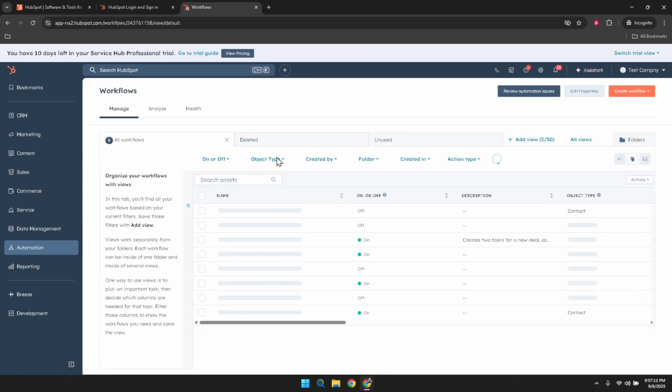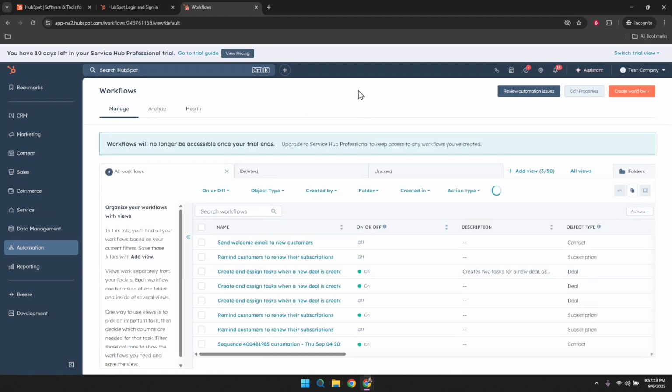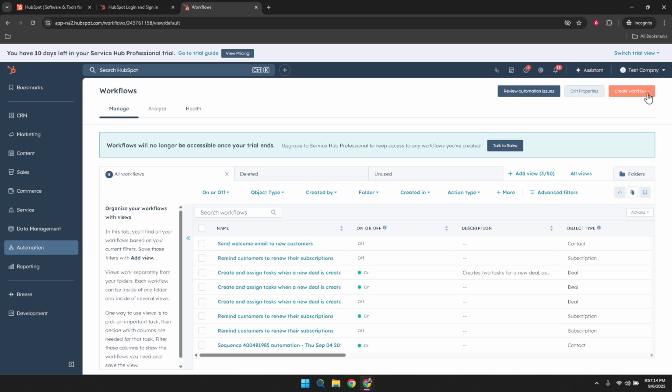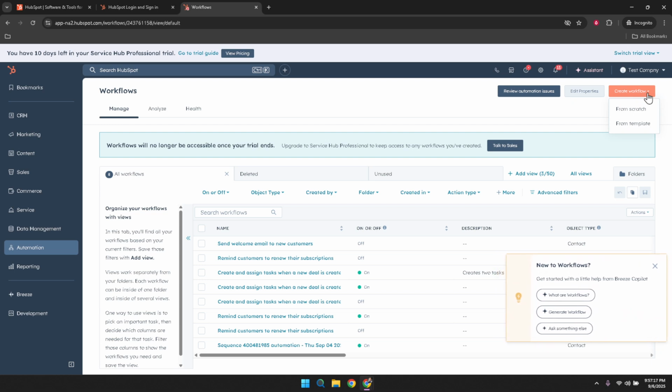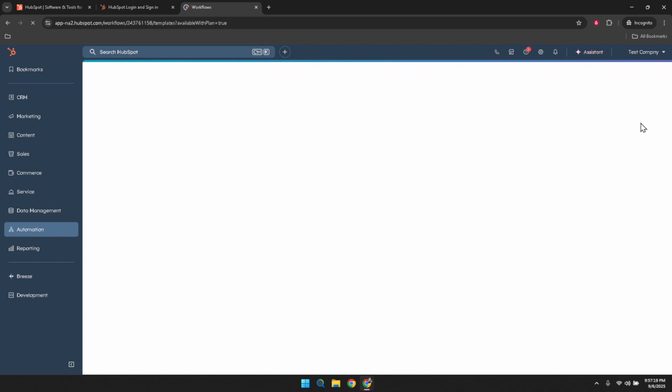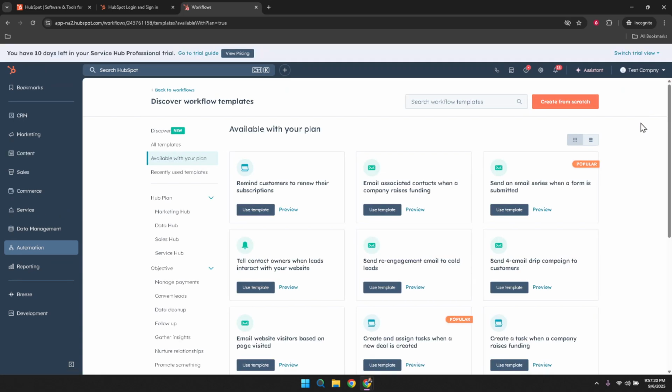Now spot the Create Workflow drop-down button on the top right corner of your screen. Click it to reveal the next step in the creation process. In the drop-down, select From Template. Templates are pre-built workflows designed to make setting up your automated tasks a breeze, providing a solid framework to build